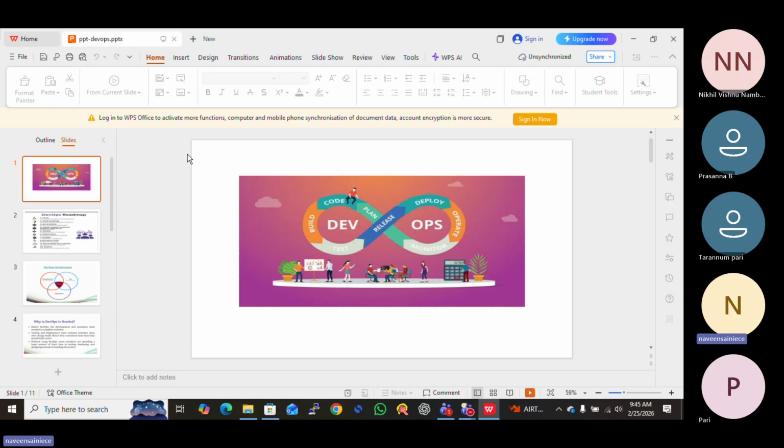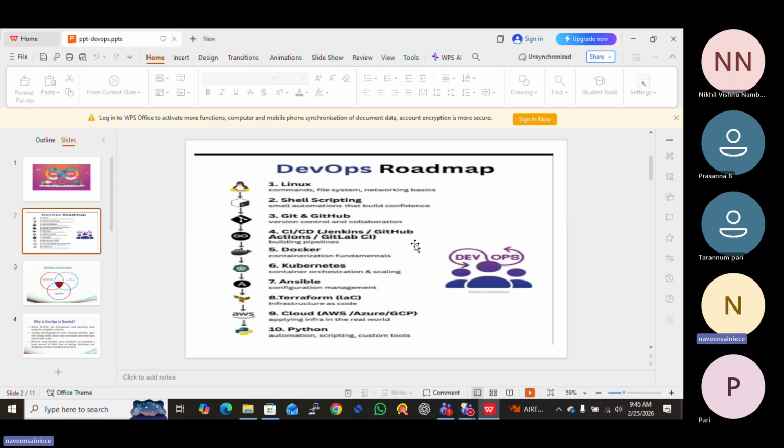In the roadmap, we have Linux, then shell script. Here we need to learn basic Linux commands, because every tool will be installed on a Linux or Windows machine. We also need basic networking concepts, which work the same as in cloud networking, so if you understand networking, you can understand cloud networking.